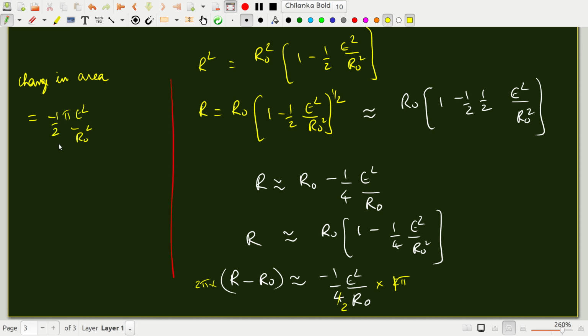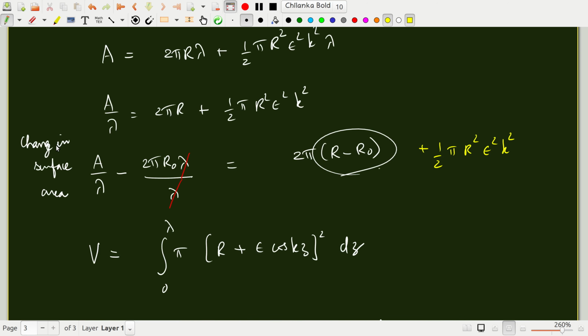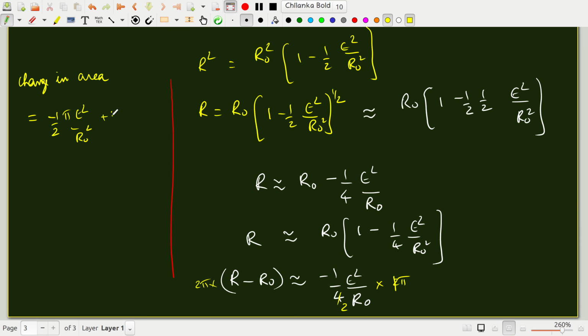This is one term, and the other term is plus half pi r squared epsilon squared k squared. Now I can write r in terms of r naught. So change in area is nothing but half pi epsilon squared. Now instead of r I can put r naught because these are higher order terms. So if I put r naught squared,